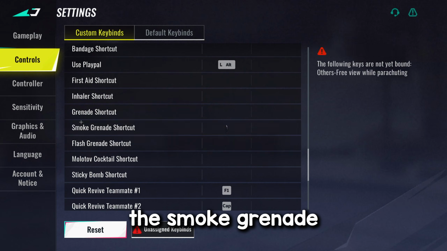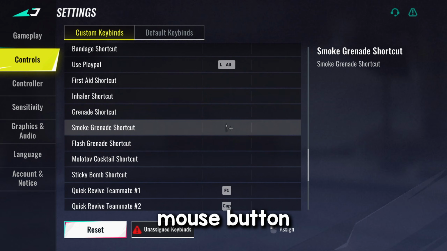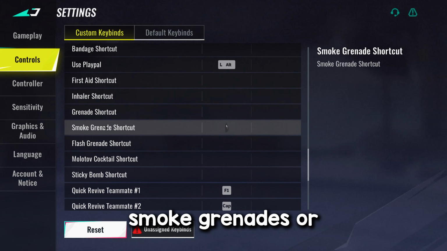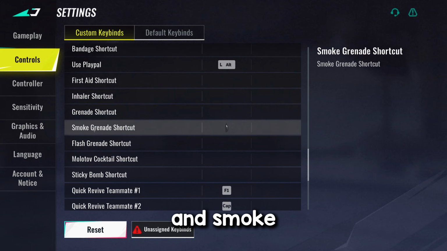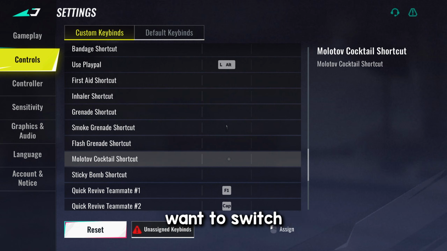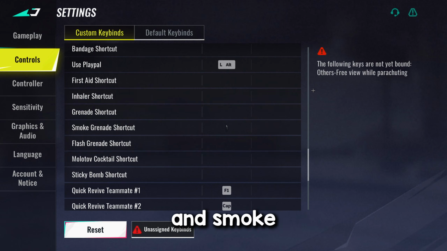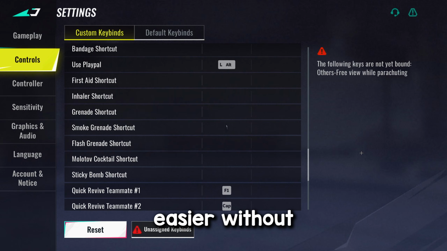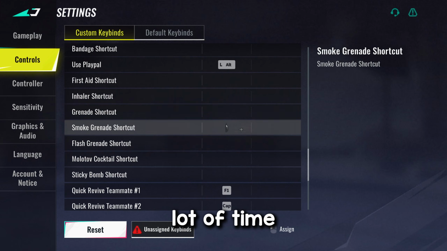Okay, I did put the smoke grenade shortcut on my mouse button because it makes it easier for me. Imagine if I had the normal grenades and the smoke grenades, or let's say Molotovs and smoke grenades. If I have Molotovs equipped, I don't want to throw them and I don't want to switch between Molotovs and smoke grenades. So I just press my keybind or my mouse button for the smoke grenade shortcut and it automatically equips the smoke, and then I can throw it easier without wasting a lot of time,